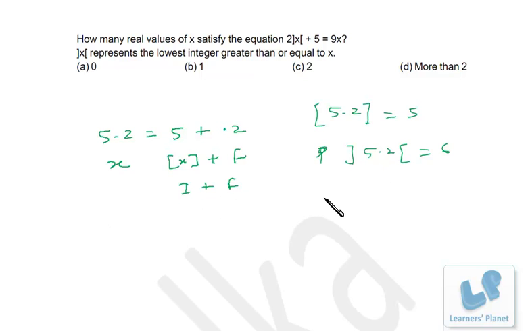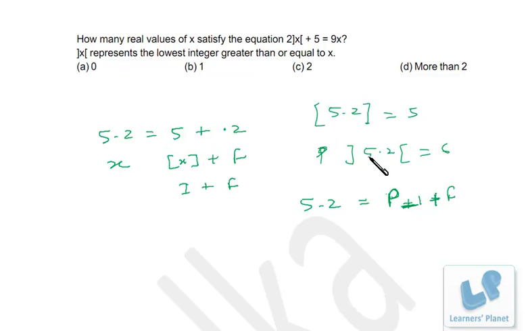Okay, so here similarly, if I have this number 5.2, this is x, it can be written as, maybe I assume this to be say p, then this is p plus 1 minus f. I'm sorry, p minus 1 plus f. Okay, so p is what? 6 minus 1 plus fractional part. Okay, so this is the concept you should be knowing,